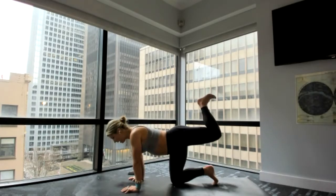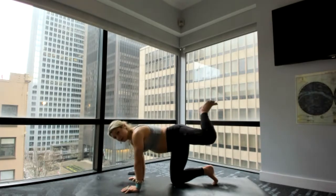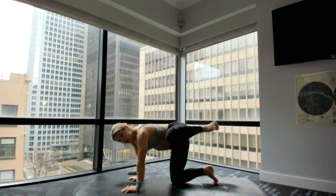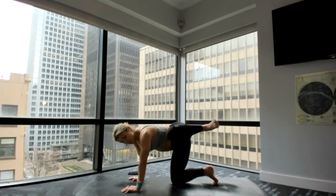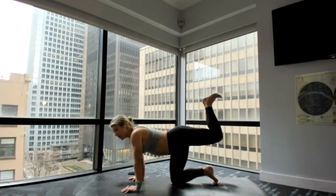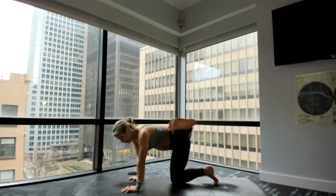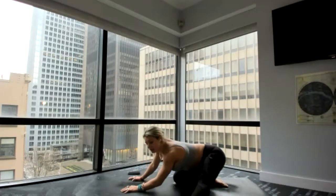Now we're going to go behind and then out to the side. Again, behind, keep the knee high, and out to the side. Again, behind you and out to the side. One more behind you, and then one more out to the side. Hold, extend your left leg, pause for 4, 3, 2,